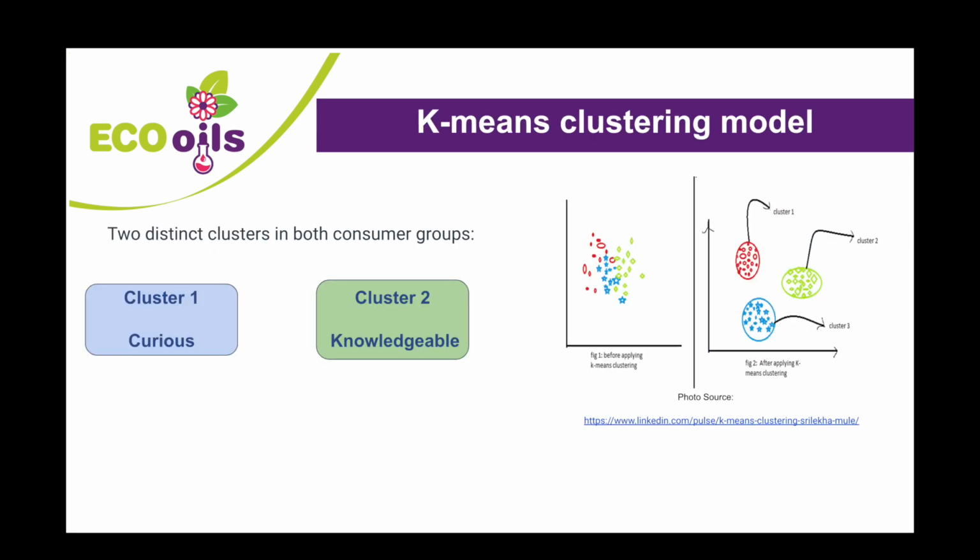The collected data should be statistically analyzed using k-means clustering. This is a widely used approach where practitioners begin by learning about the architecture of the dataset and then cluster data points into unique, non-overlapping groupings. As an example, we show here two distinct clusters in two consumer groups, Cluster 1, the curious, and Cluster 2,